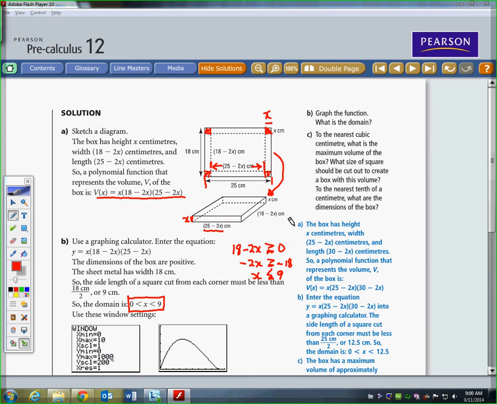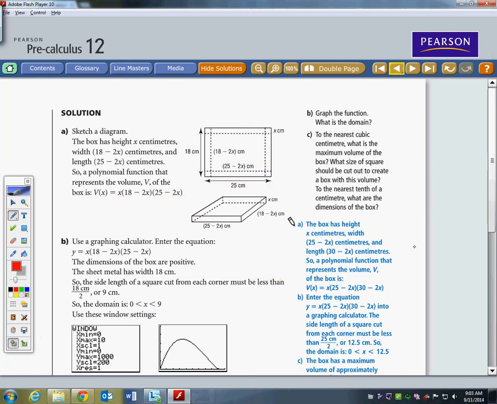Once they've graphed it, and again, it's a little bit of effort to get the scale of the x and the y. I think you can anticipate the x values that you want to graph, because you know it has to be between 0 and 9. So you could just say 0 and 10. I think that's what they've done here. And then the y scale they've entered is 1,000. With the graphing calculator, or with whatever online like desmos.com, you would probably have to play with it until it looks about right. Scrolling down,